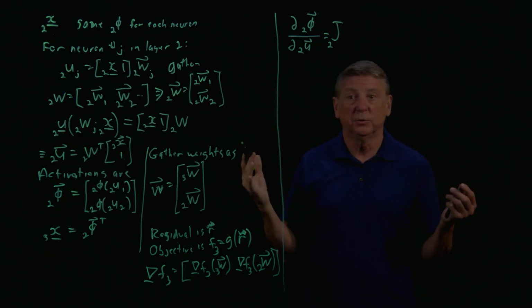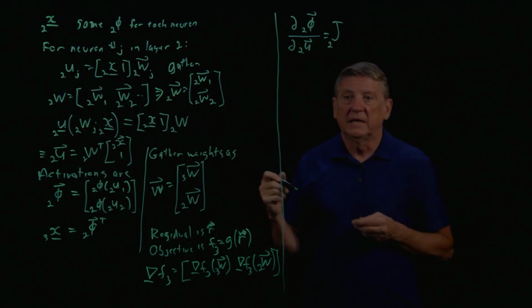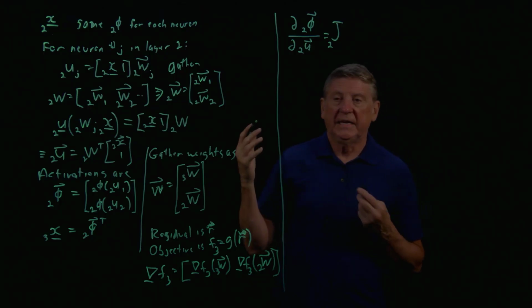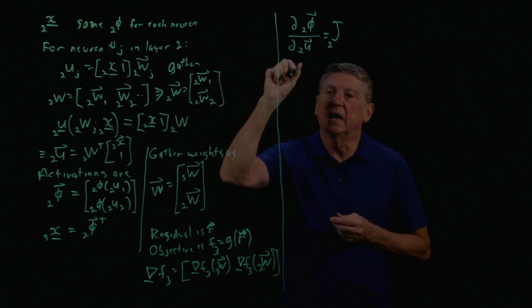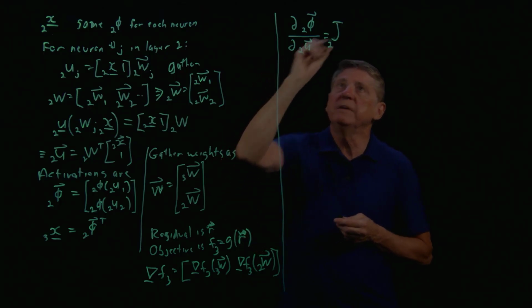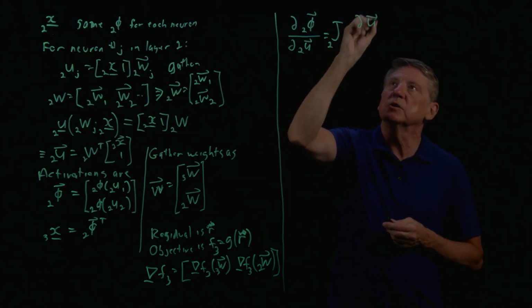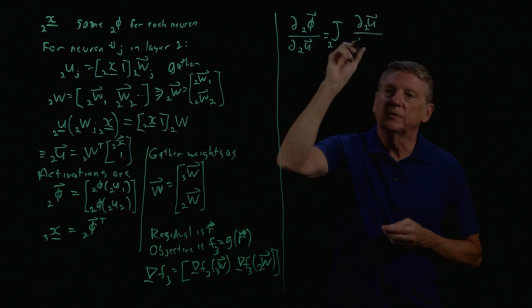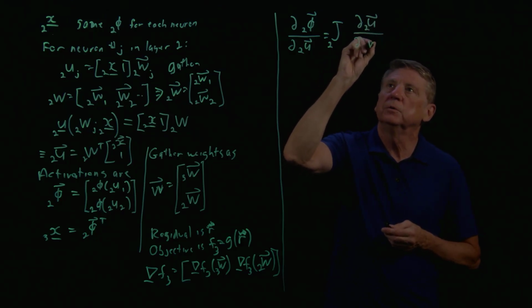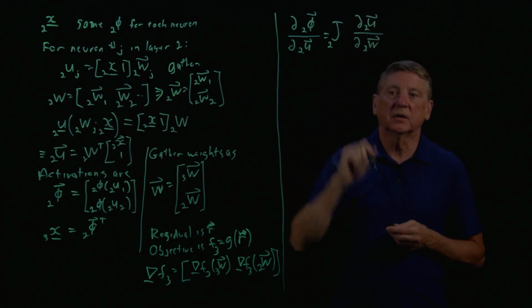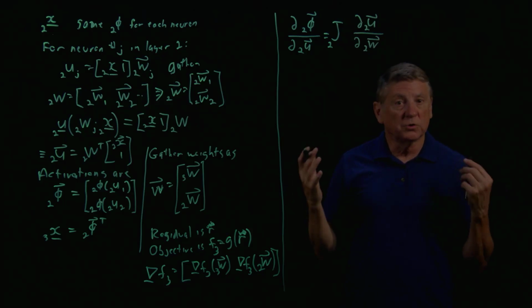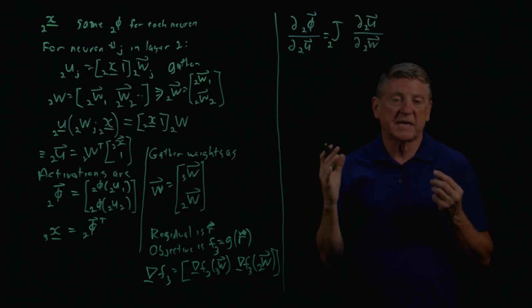It's because I have to do this derivative, right? So the input is this, the derivative of the linear response vector with respect to the W vector is also a matrix, but this matrix has